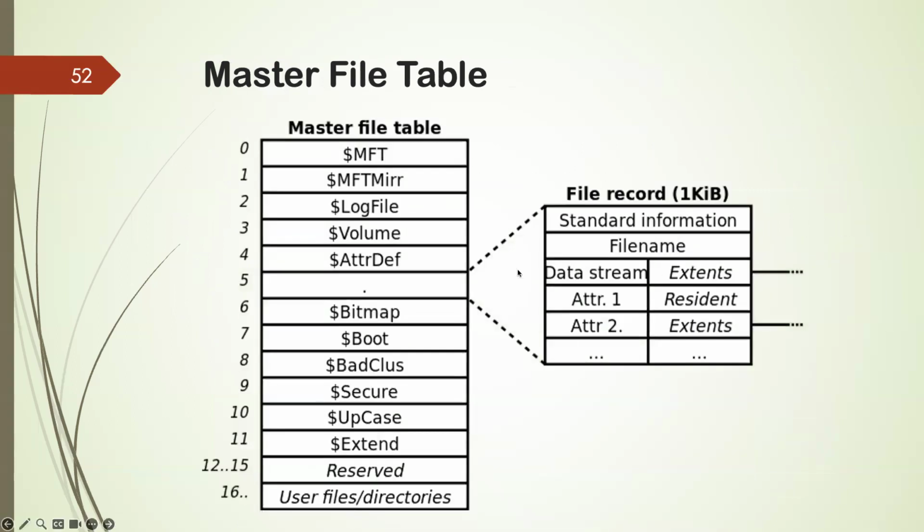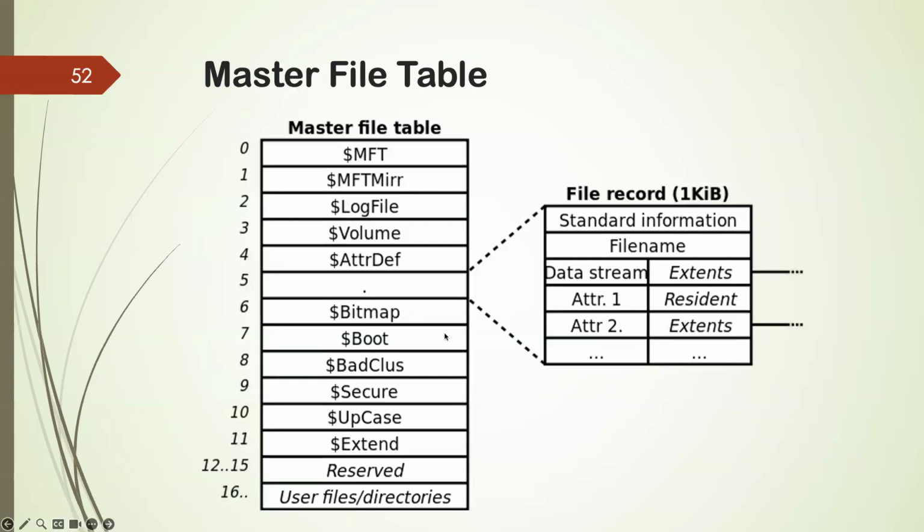So this is an illustration of the MFT table. If you format your hard drive with NTFS, you will have a Master File Table. The first two entries in the MFT are the MFT itself, which holds all the information about different files. Then you have the log file, the volume file, the bitmap, boot, the bad cluster, and the reserved. Reserved is basically clusters or sectors that are reserved for different system operations,